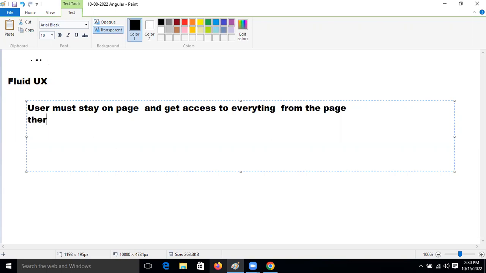There should not be any page navigation. So now it seems like new content, see, new content